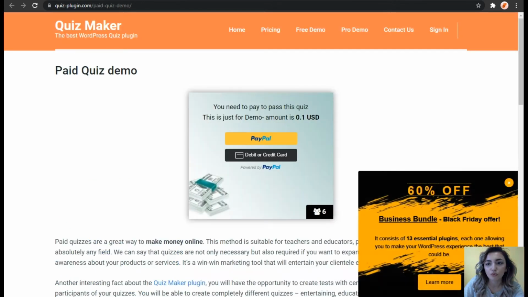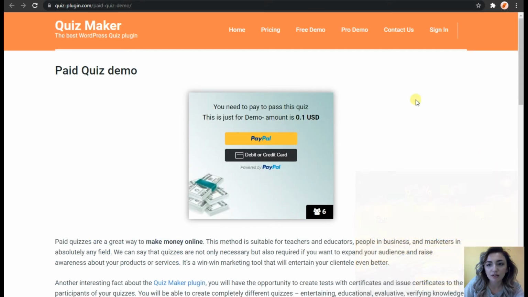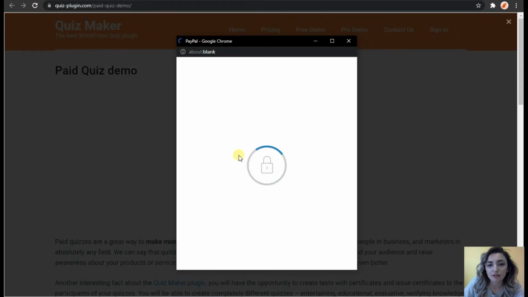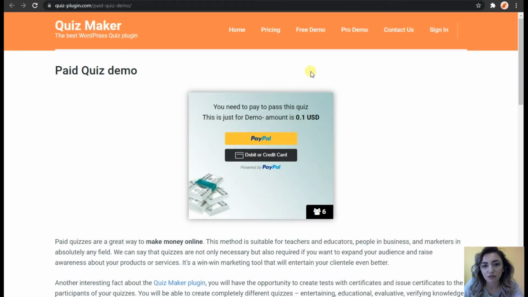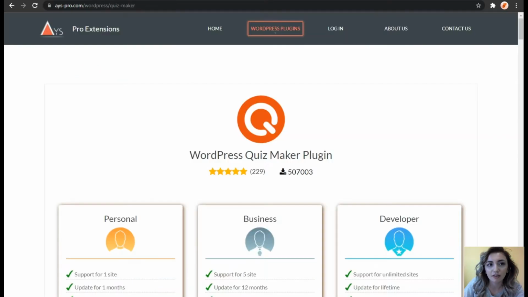Now it's time to go to the paid quizzes. The quiz type is created with the help of PayPal integration. Here you should basically insert all your payment details, and after successfully completing all the payment details, you get the final certificate. The official website of the quiz is icepro.com, and as you see, it has